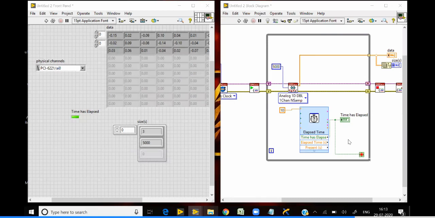Okay, just answer me, how many seconds will a single iteration of this loop take? 5 seconds. Okay, 5 seconds the single iteration of the loop will take. So whenever it comes inside the loop, this elapsed time will be continuously running, right?